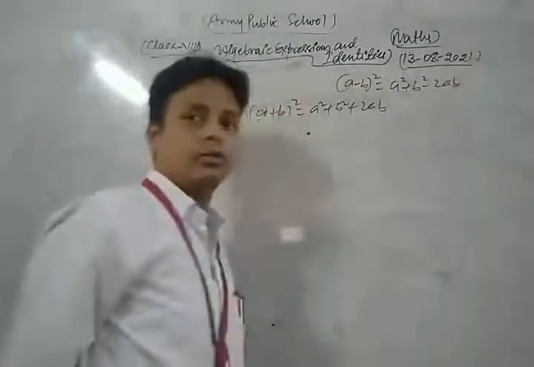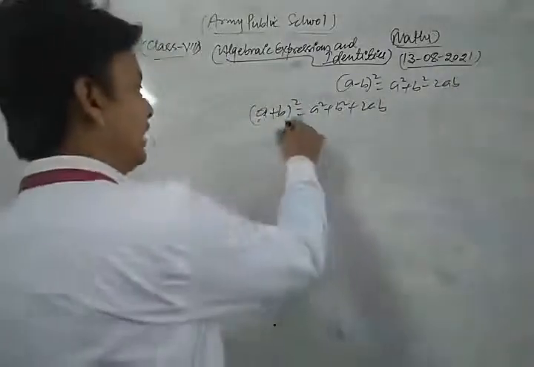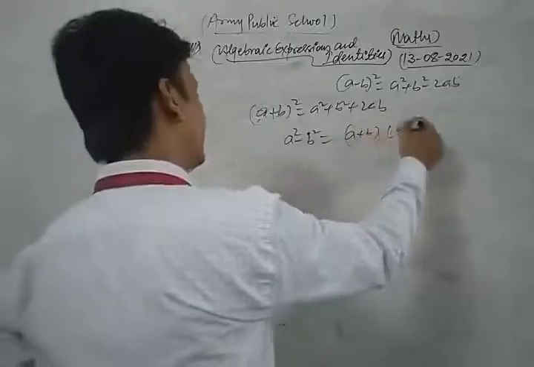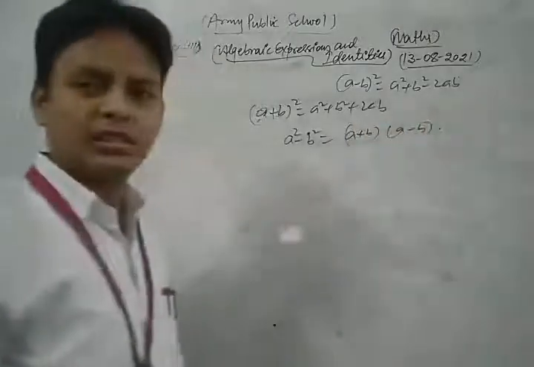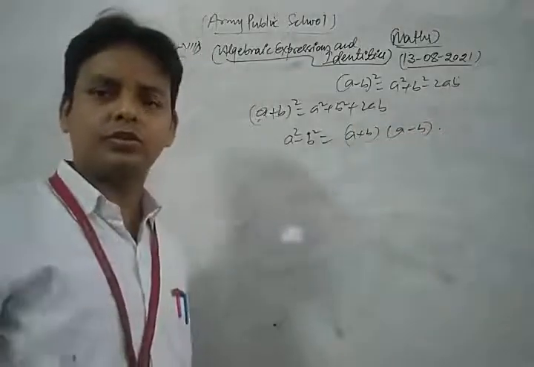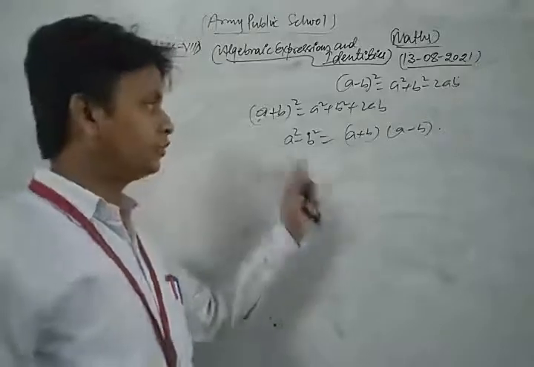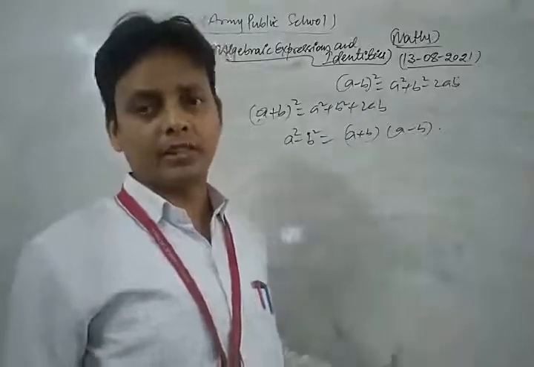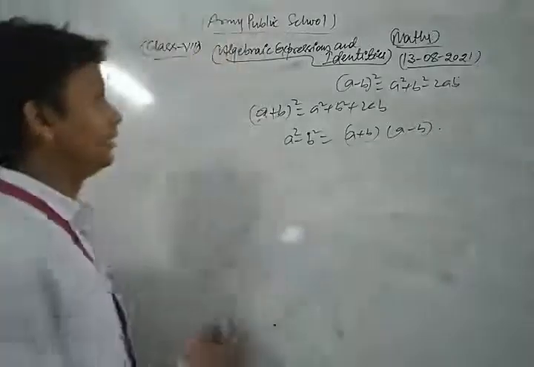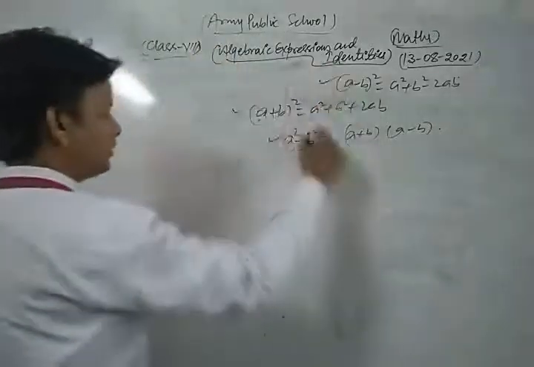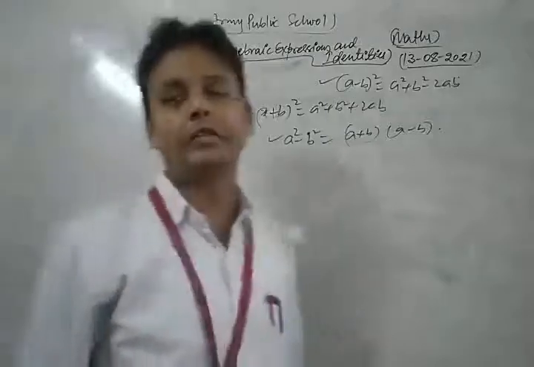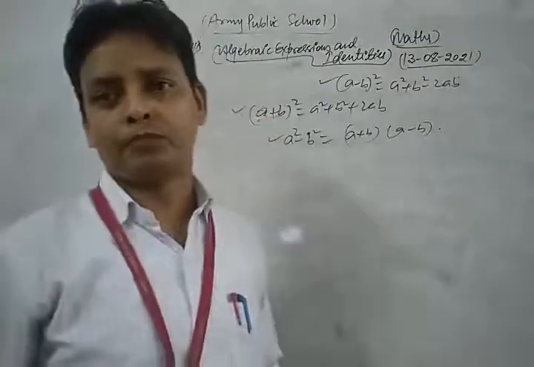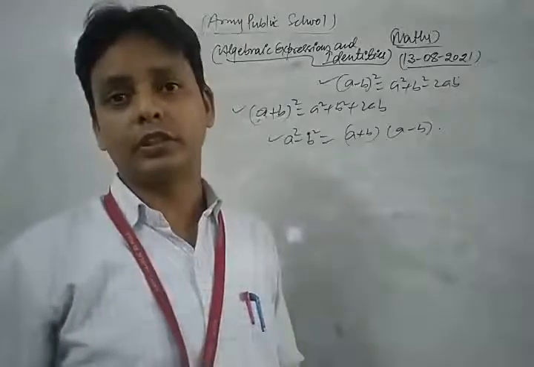Now we take and solve, and also you know that the identity a square minus b square is what? (a plus b) in one bracket and (a minus b) in another bracket. So this is the very important identity which we already know, but now we solve questions based on these identities. Please first of all learn each and every identity involved in your syllabus, which is very important, dear students.